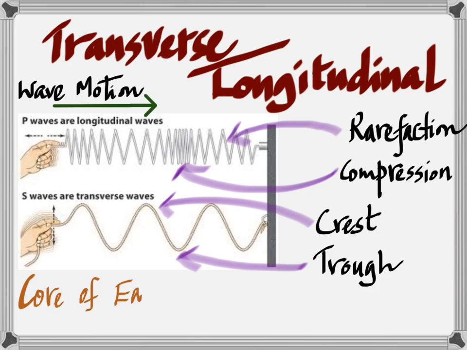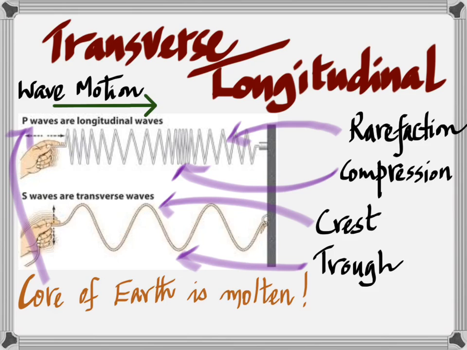What do you mean by shearing something? Twisting something. Have you ever thought about twisting a liquid? You can't twist a liquid, but you can twist a solid, can't you? So, shear waves only through a solid. So that's why we know that the core of the earth is molten. Because of the P waves. Everything is clear? Wonderful.